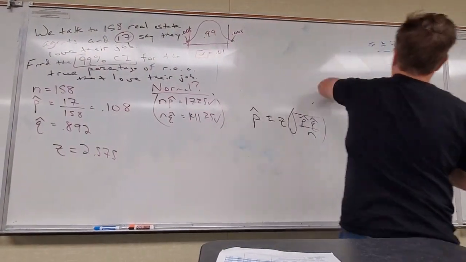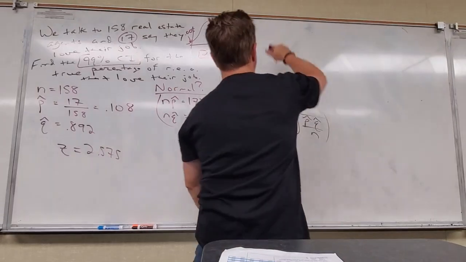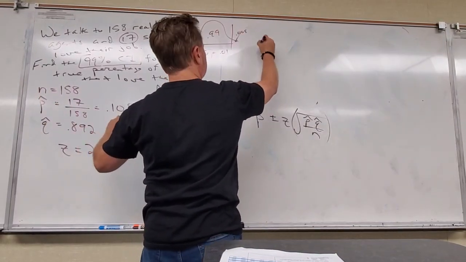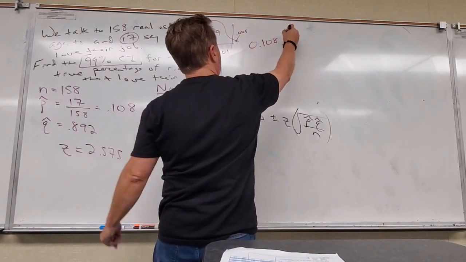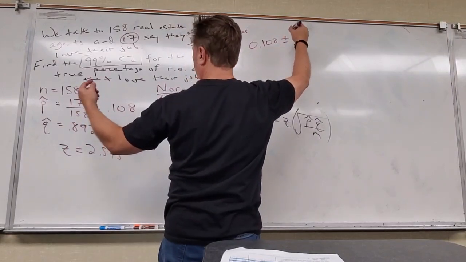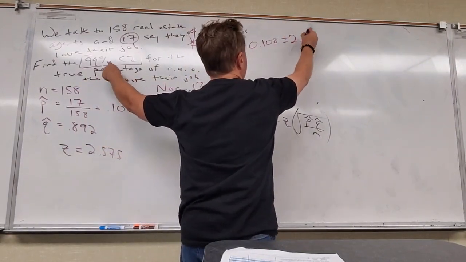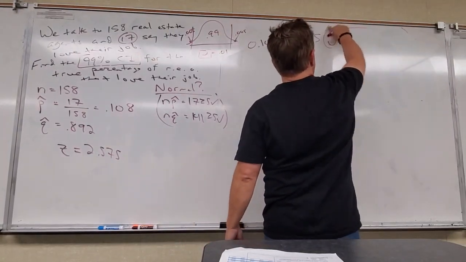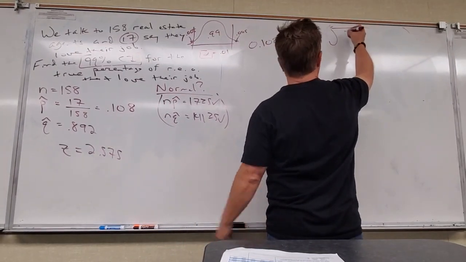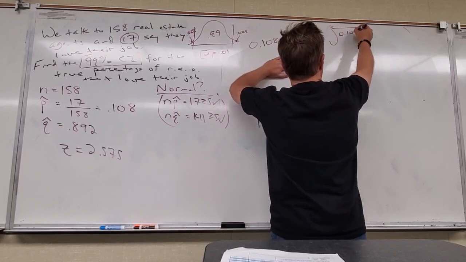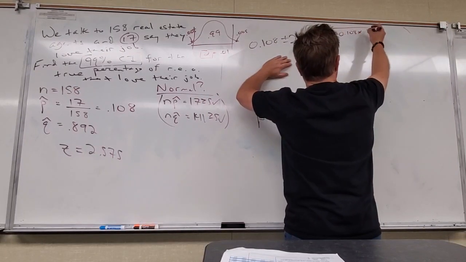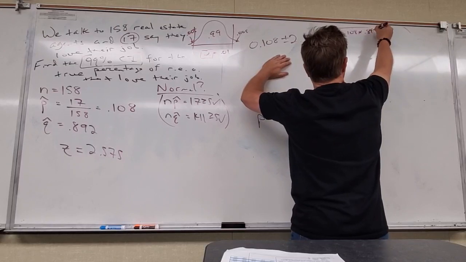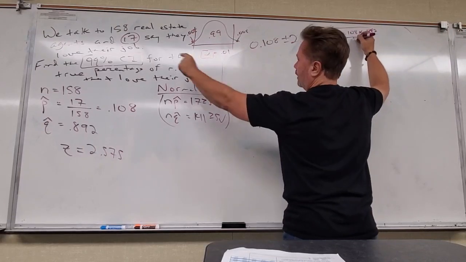Yes. Put it up here. So P hat, 0.108, give or take 2.575 times the square root. I don't need this. P hat, 0.108 times Q hat, 0.892 divided by